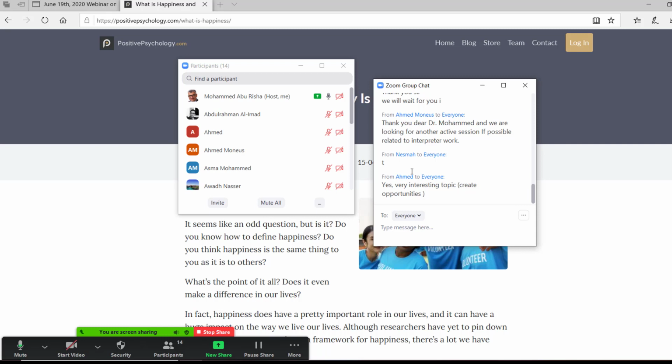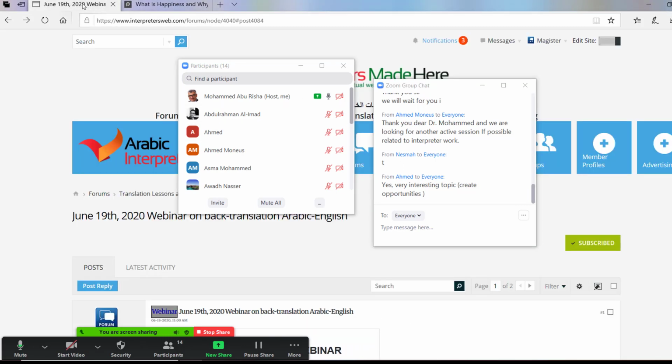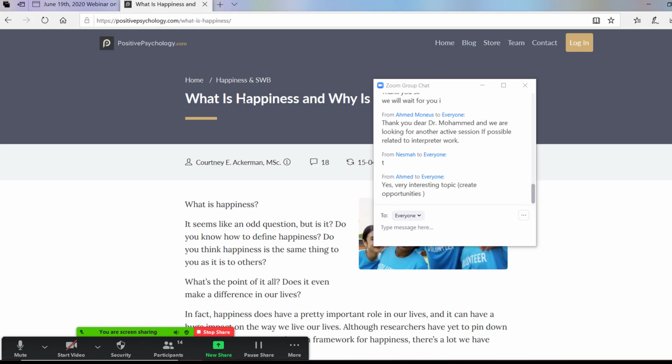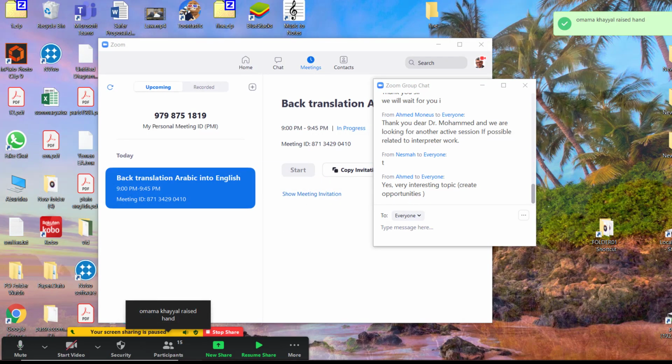Could you please just stick to the back translation, please? Back translation. Is there anything about back translation? If you would like to talk about anything else, I would love to hear your voices. Really, I really appreciate that. But there is the forums, and there is the Google app that we uploaded to Google Store on Android phones, and I think you can click here, you can find it on your mobile. Please do ask questions there, and we will be able to make these tools. So, what other questions do you have?